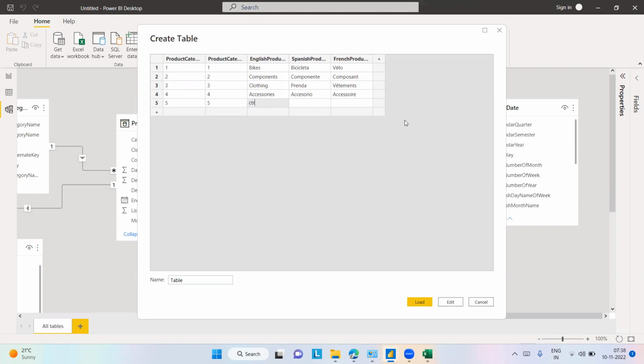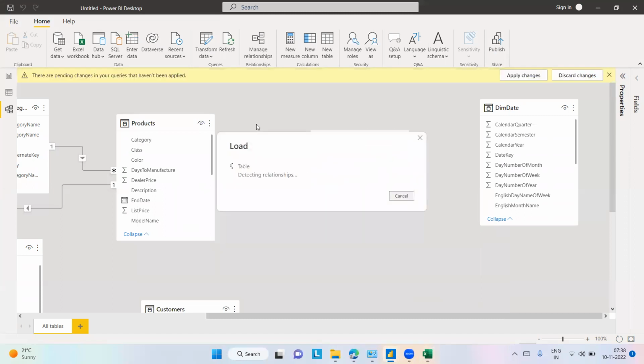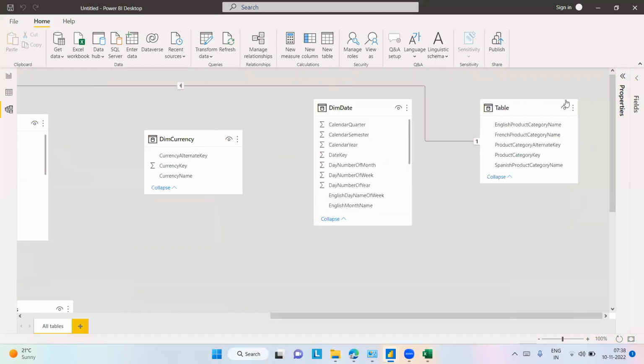Manually type that. And that data can be loaded into the model. Okay, this is another way of loading a table. If you see at the bottom, there you have an option for giving the table name while loading. Also, if you forget to give the table name when loading, that is also fine. That is also possible. If you see here, it automatically created the relationship by looking into the